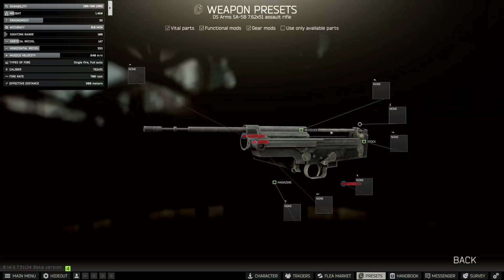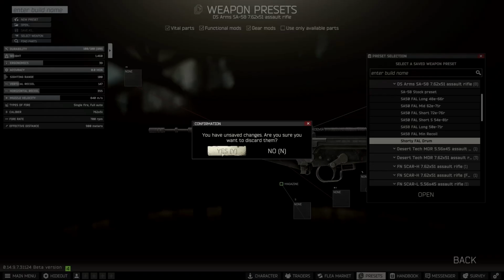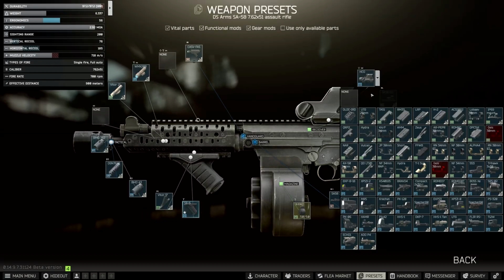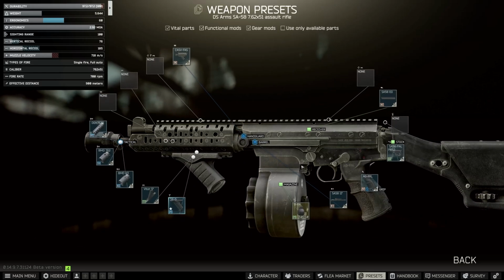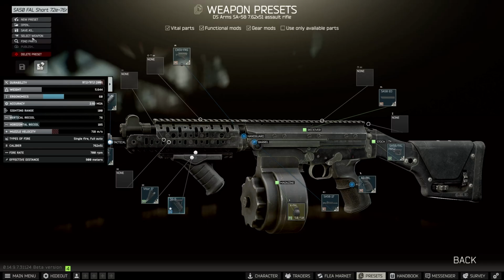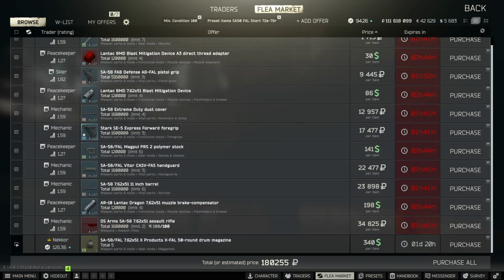There are two other ways to build the SA-58 into this configuration. Firstly, entirely from scratch, utilising the base on Mechanic 4, which also allows us to easily repair damaged ones as a useful side note. This costs about 35k for the base and 145k for the parts, with the mag being about 30k-ish if you use the G-Phone barter,